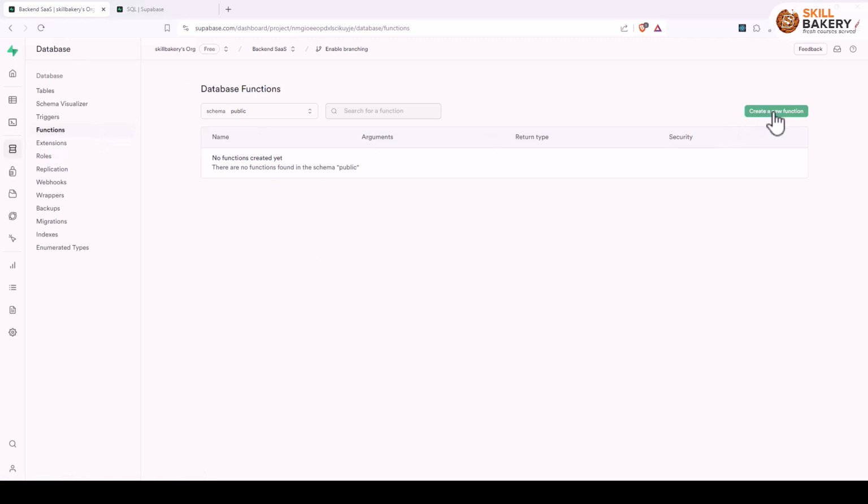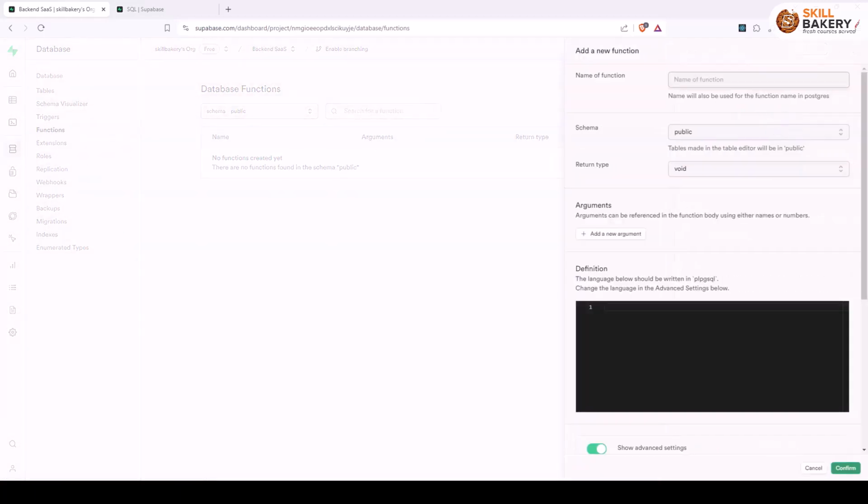After that, you need to click on create a new function, and once the UI comes up for that, we need to provide the name of the function. So here we'll be calling it create profile for user. Schema is going to be public, and the return type we'll be selecting over here is going to be trigger. Then all we need to do is write begin and end,